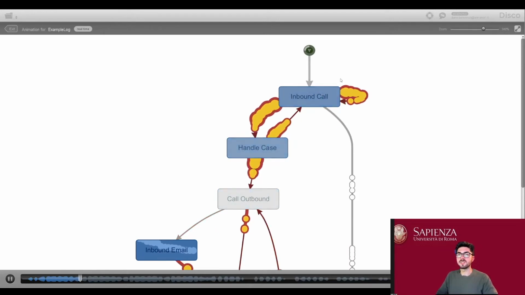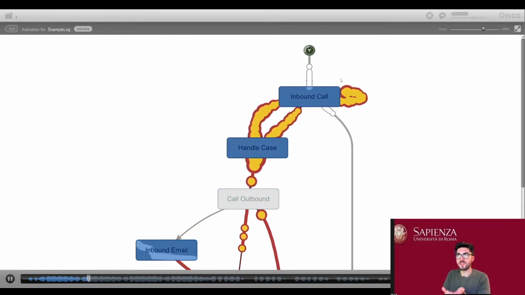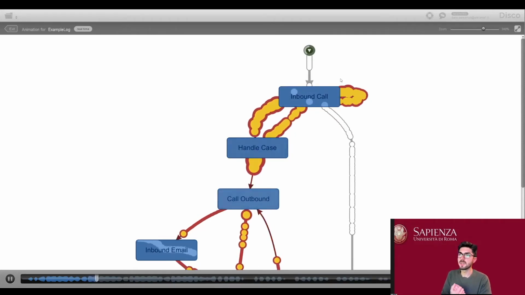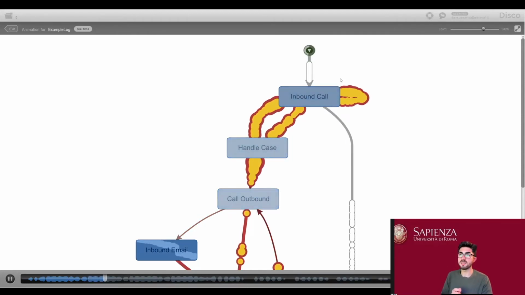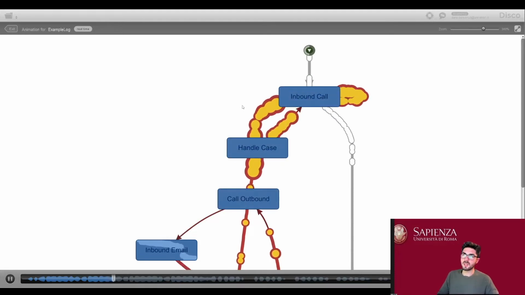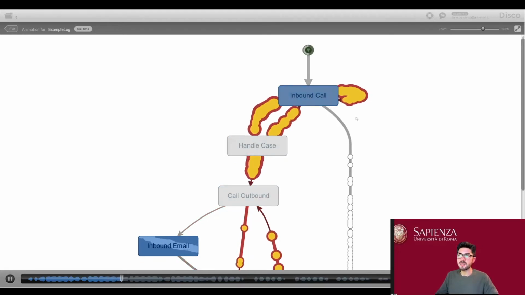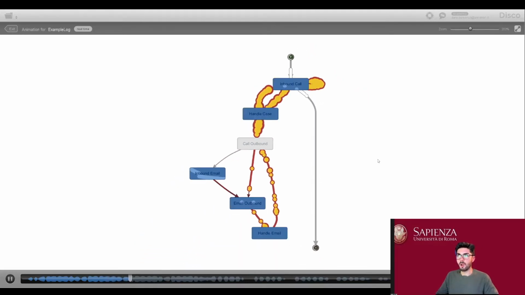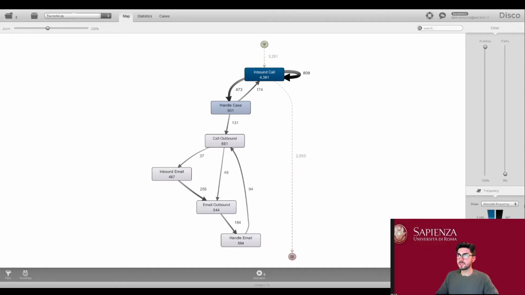So this is something very typical of some types of processes, to elaborate activities in batches. And it is a nice insight that we can derive from this animation. And so on. So let's exit the animation.